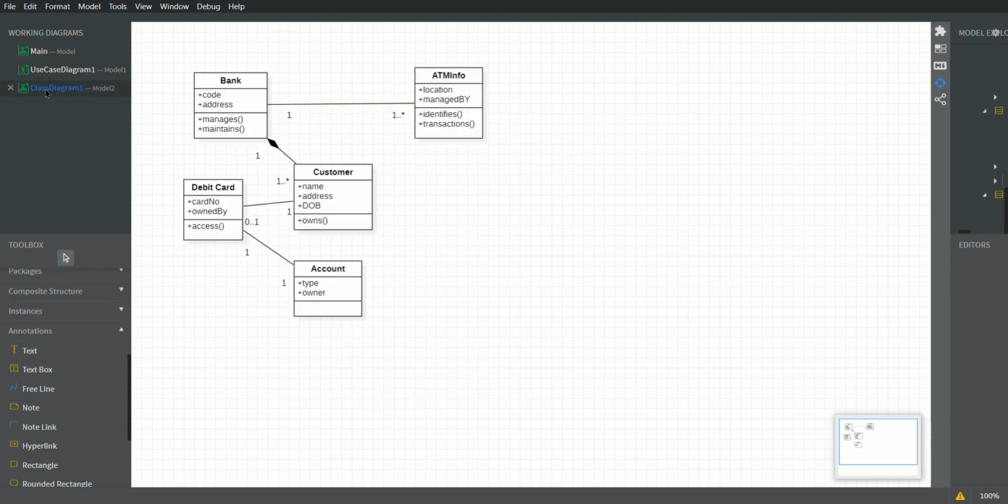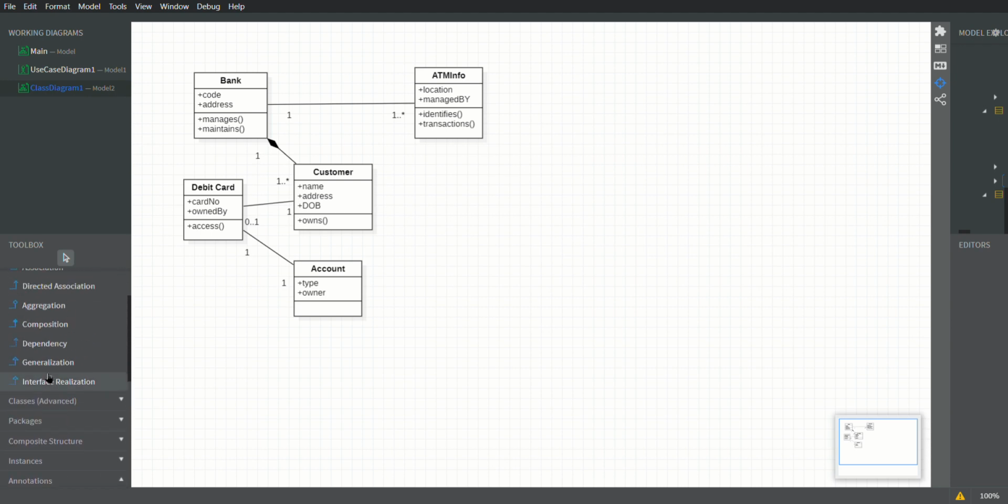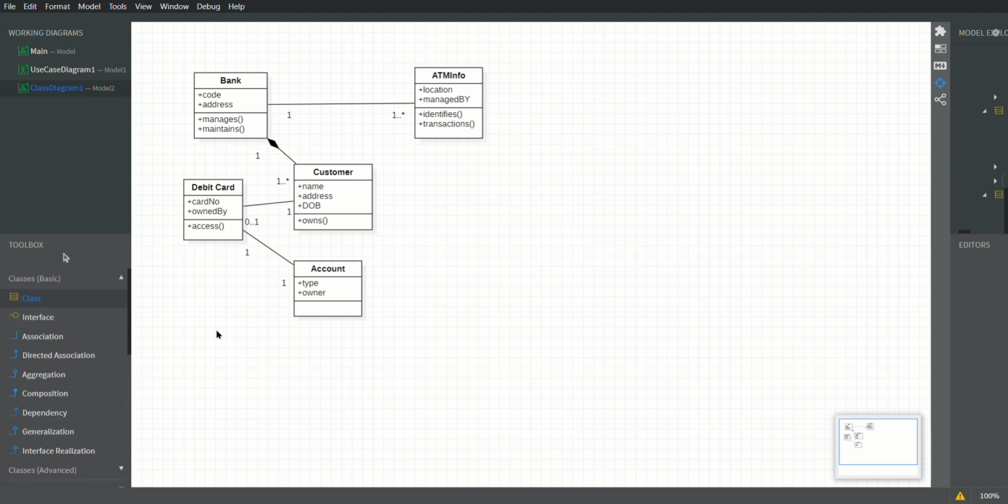So now in this use case diagram, account has subtypes, current account and savings account. So here accounts, current account and savings account will be separate classes but connected by a generalization. This is the inheritance concept in object-oriented programming. So first, let's create the current account class,